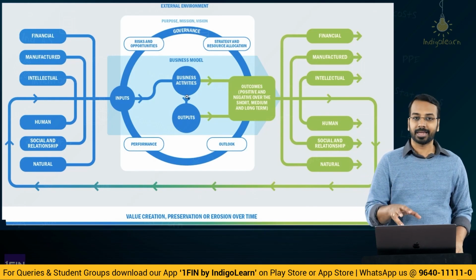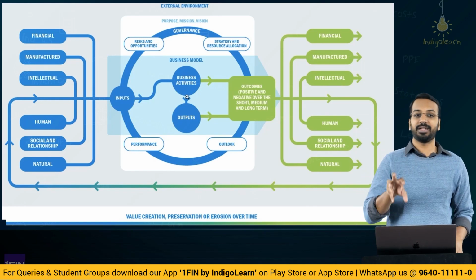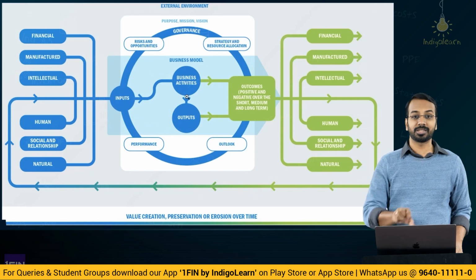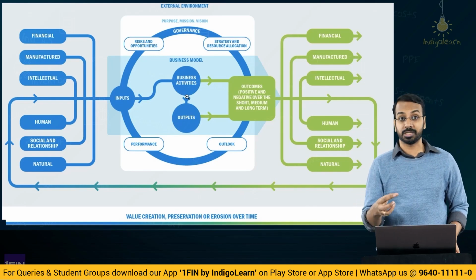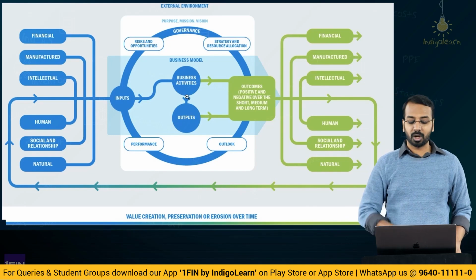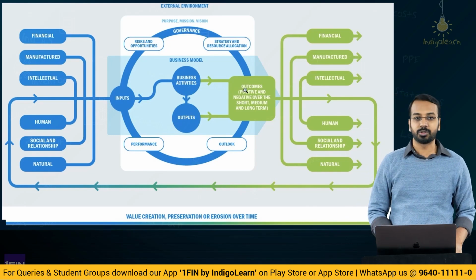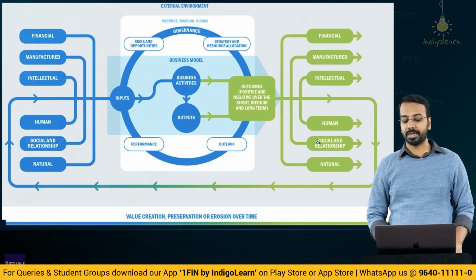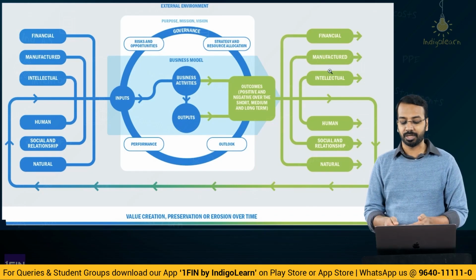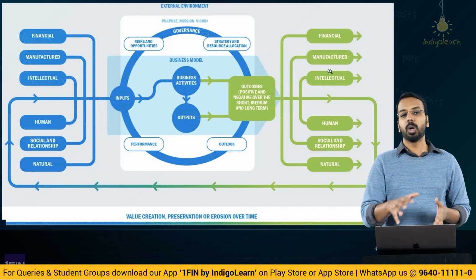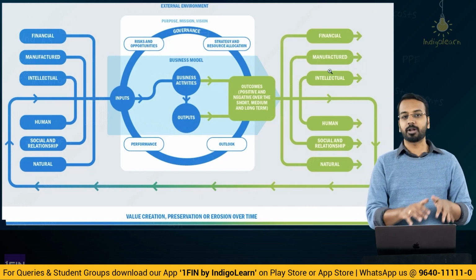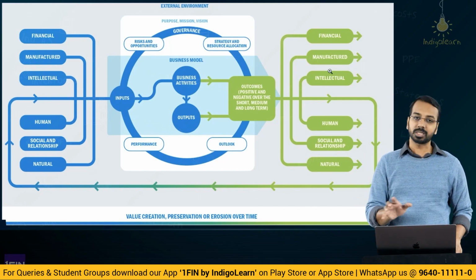All of that interact, you use these capitals, you have a defined strategy, you see some opportunities, you use these capitals, you have intellectual capitals, you have your process, you have the business model. Using all of that, you generate the outputs or the outcomes for each of these category, right? Again, financial, manufactured, intellectual, human, social and relationship, and natural. So you create value, you try to preserve value over a period of time, and this is a continuous process,